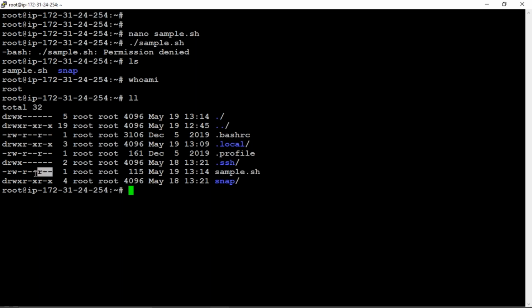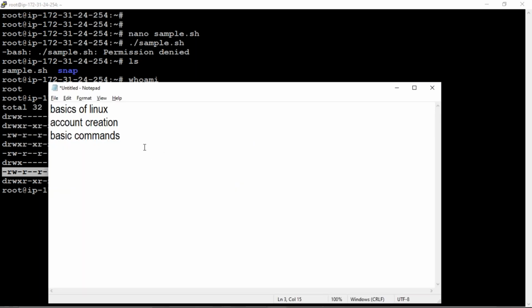So what does it have? File permissions. Basically, each and every file has some content and some permissions. Read permission it has, write permission it has, and execute permission it has.